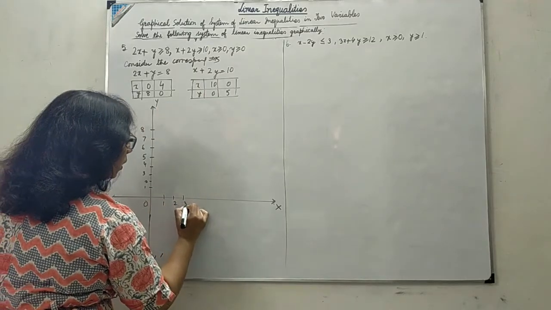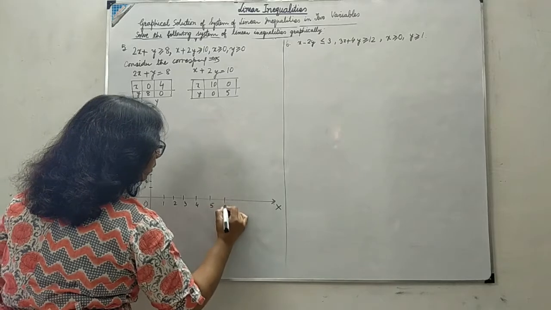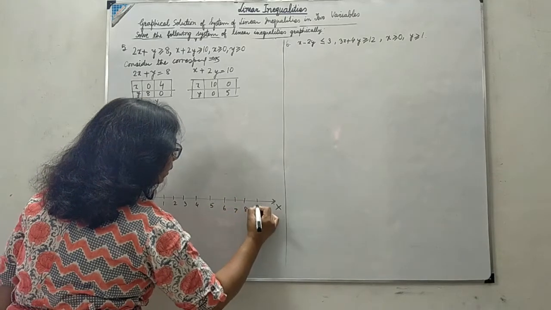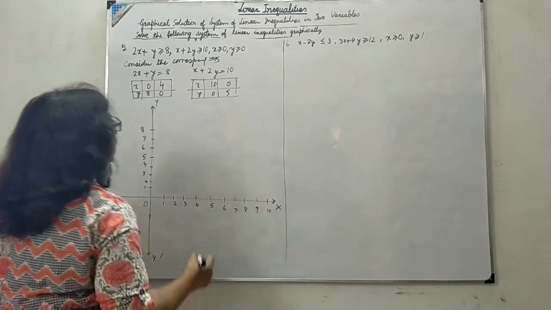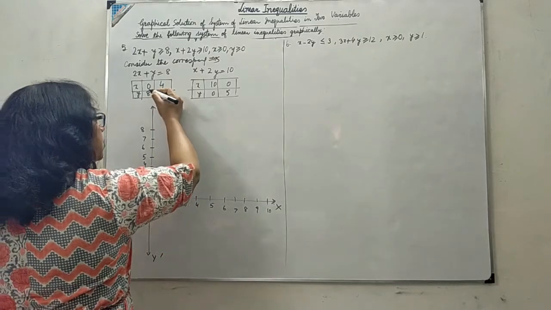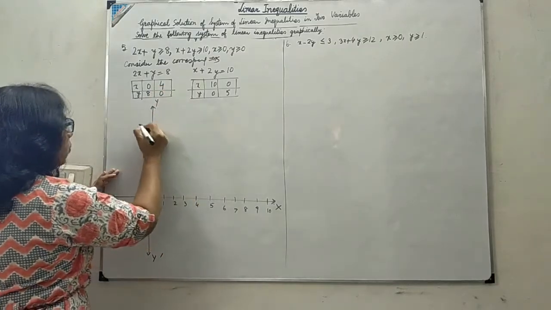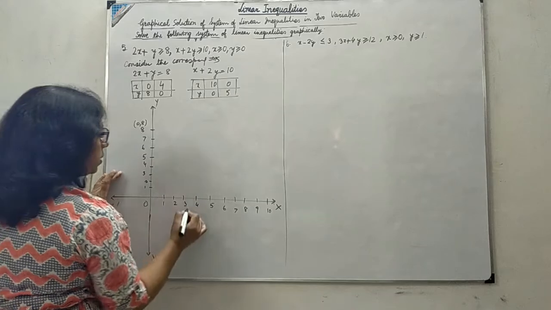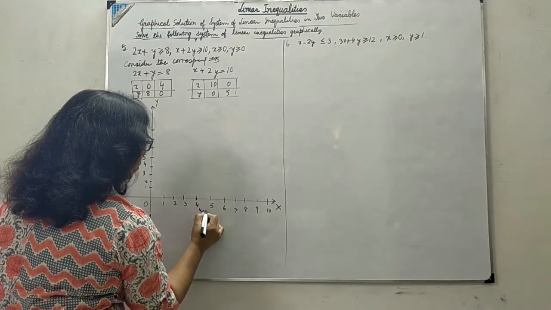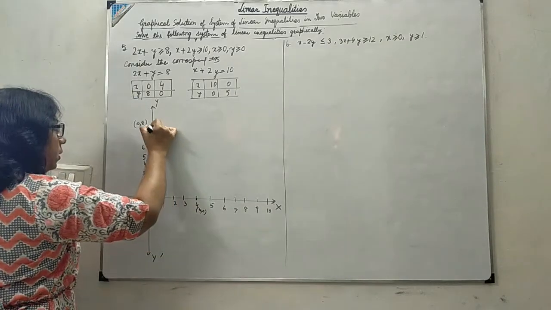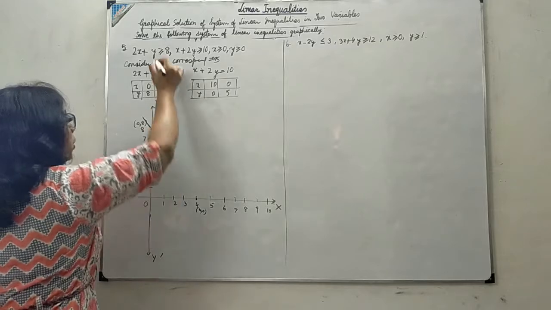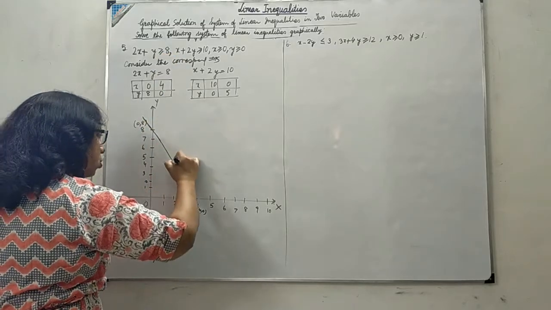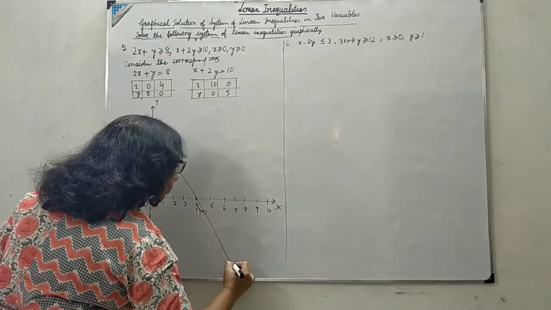Now this first line is passing through 0, 8 and this is 4, 0. So we draw the line, because it is a slab inequality, we will draw a dark line there